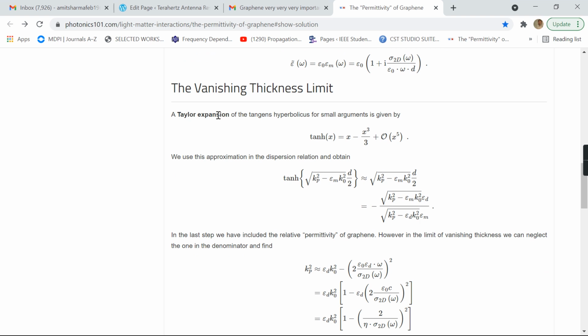Now the vanishing thickness limit: a Taylor expansion of the hyperbolic tangent for small arguments is given by tanh x equals x minus x cubed by 3 plus O(x to the power of 5). So this is the expansion of tanh x. This is how they are expanding the dispersion relation we discussed earlier in terms of tanh, or tan hyperbolic. And after solving it,